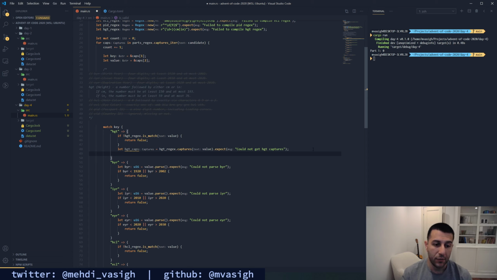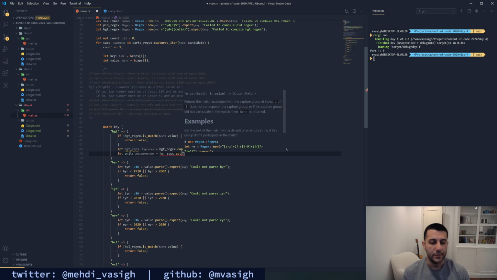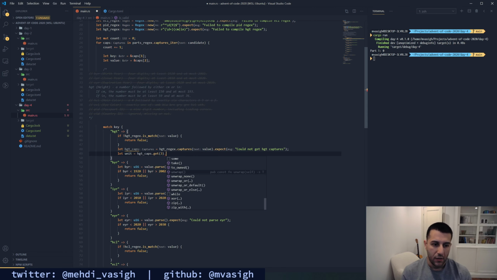And now we should have 3 matches here. First is going to be the whole string, second is going to be the number, and third is going to be the unit. So let unit equal HGT caps dot get, and that's going to be 3, right? Because it's going to be whole string, number, and then unit. Unwrap, sure.